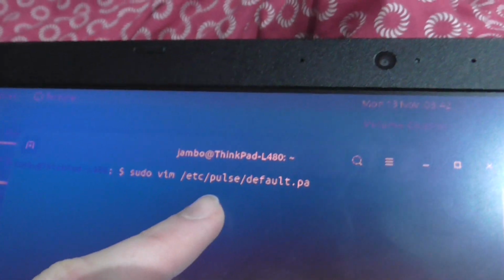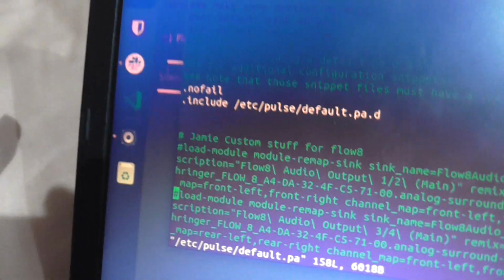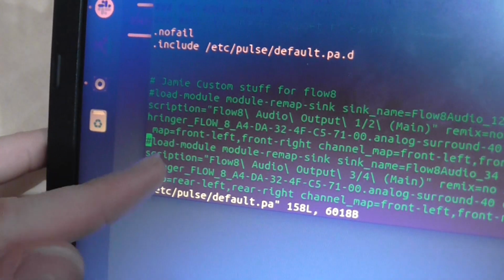Hello, I'm back. I finally was prepared. But anyway, this is what I've been up to. I've spent so much time editing this file here, etc pulse default.pa, and what I've done is, I'll hold for password. And there we are. What I've done is at the bottom of this, now this is terrible, I am filming on a laptop with really low brightness, but I've added these two here. Now they're commented out because I was testing it, as you're about to find out, but these two commands here